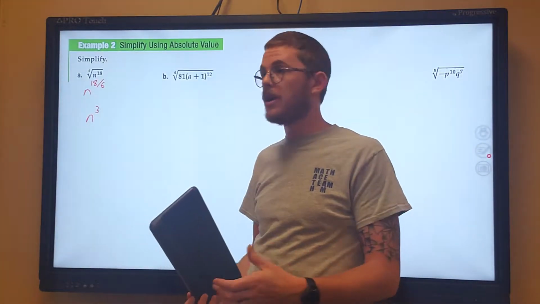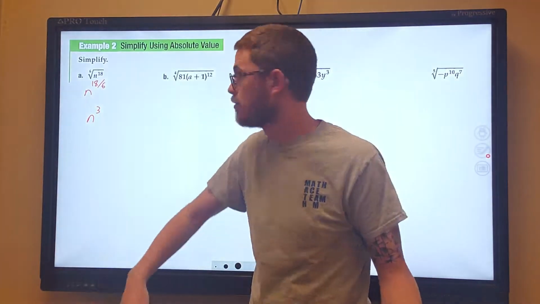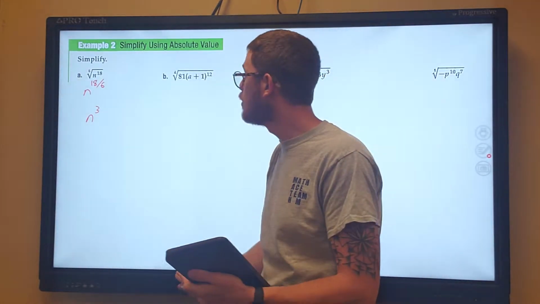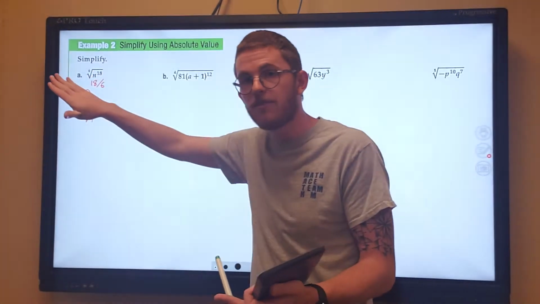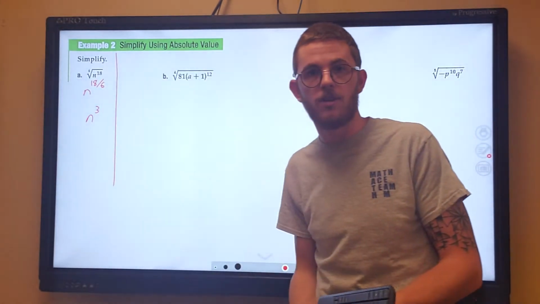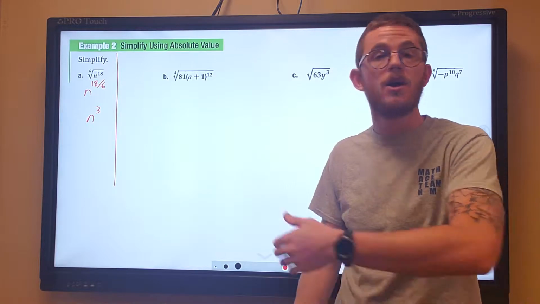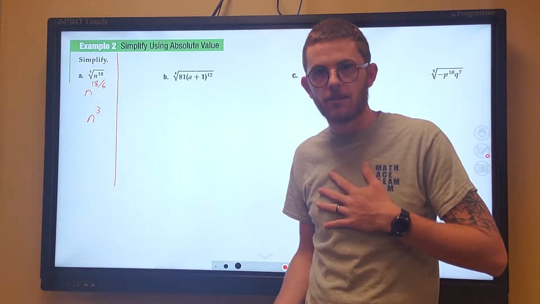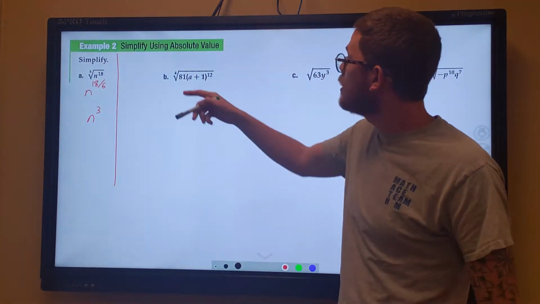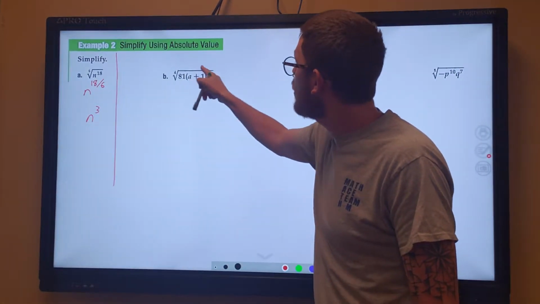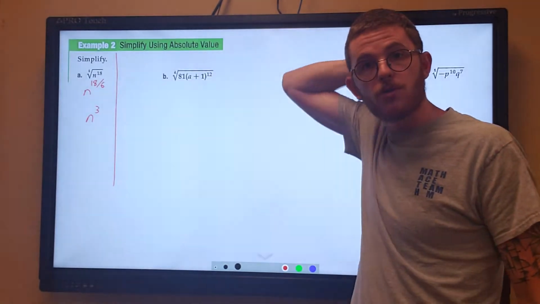There are no remainders, right? 18 divided by 6 is 3 with a remainder of 0, so nothing is left on the inside. That is as simple as the answer gets right there. That's it. We simplified it. We didn't have to write out 18 n's. I don't want to do that. Let's take a look at this one right here. First, you may get terrified when you see a plus 1 to the 12th power,